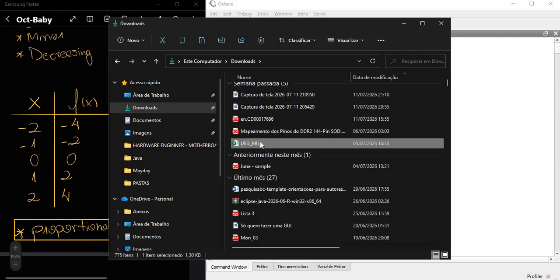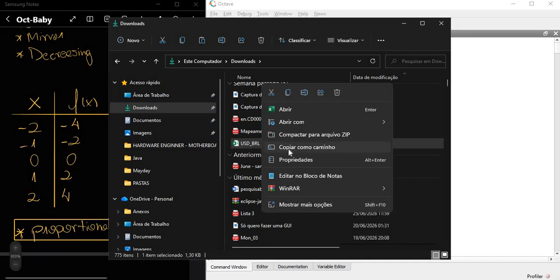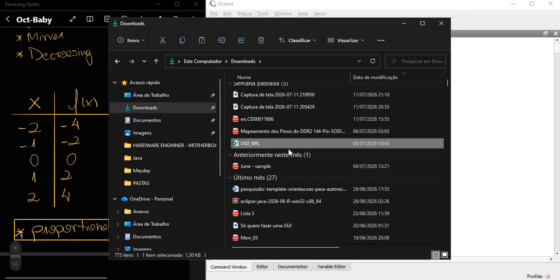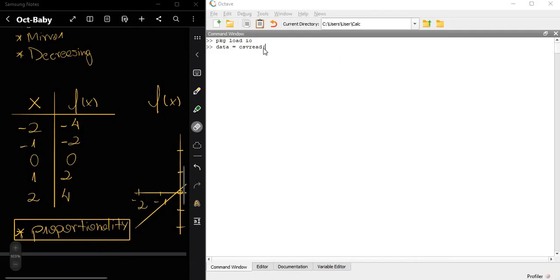So I click on it and copy the path. And now I paste right here. Okay, and we need to use forward slashes. So we need to change right here to forward slashes.